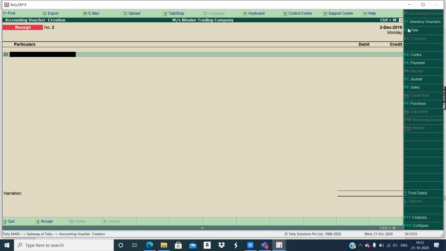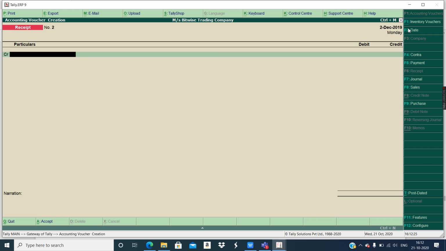So first of all, credit whom? Who gave the money? Interest account gave the money to the cash account of the company. Okay, because we have received interest, so it will be first saved. It will not be directly saved in the cash account. From where we got the interest? We got interest from Bank of India. So Bank of India gave us interest, so that will be maintained in our company's interest account.